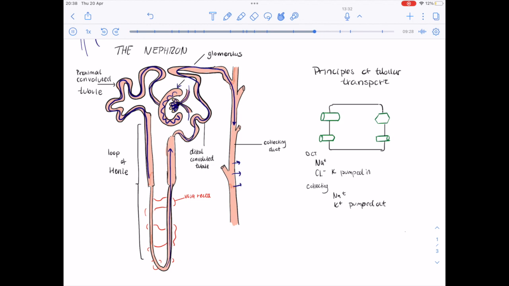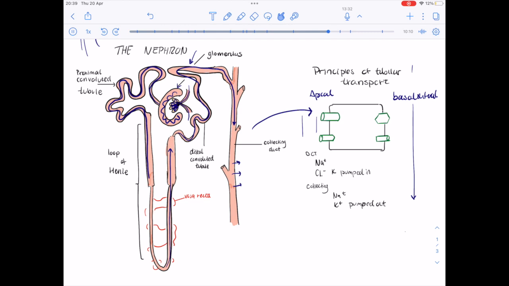Okay? So now let's zoom in on a cell in the tubule, and let's say in the distal convoluted tubule. So that would be over here, right here. This is going to be the basolateral side, and this is going to be the apical side. Basolateral basically means that it's facing the lumen, so all of our filtrate is running through this side, and the apical side is the other side of that. So it may be that we have a capillary over here or another cell that we want to transfer